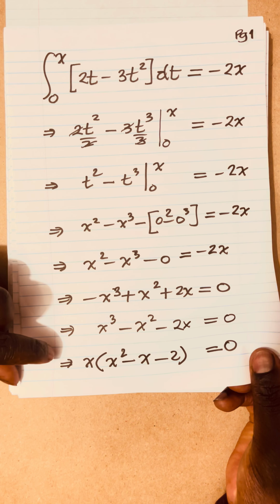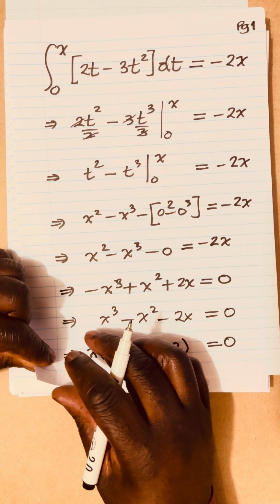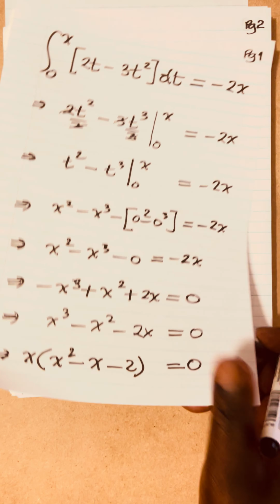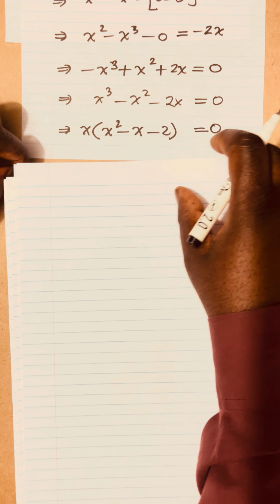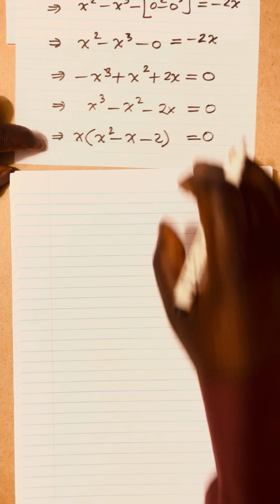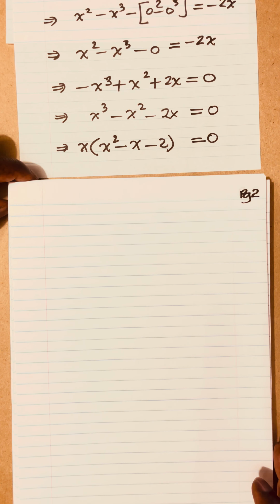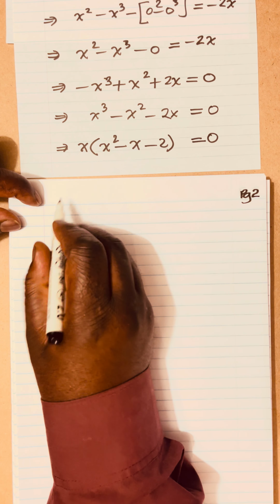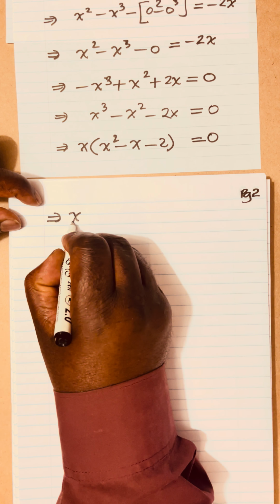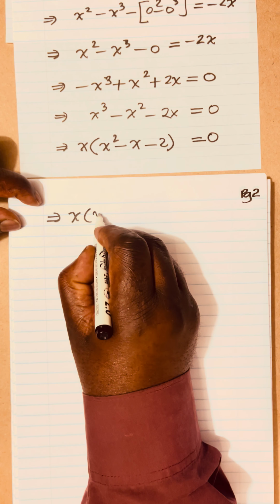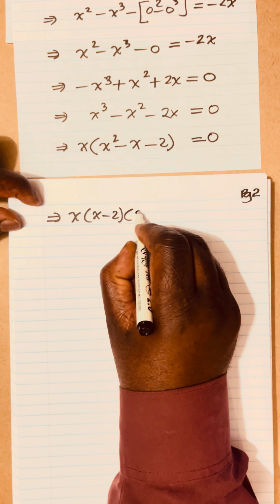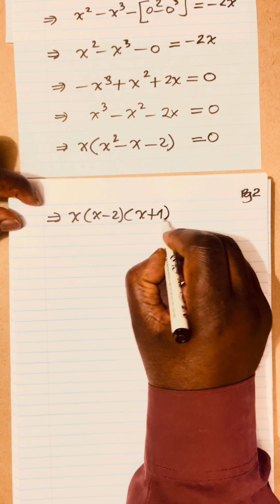Now you will allow me to, I have explained quite a lot, factorization of trinomials or quadratic functions. You allow me to move with speed here because we know how to factorize that. Please confirm this, that this is the same as x, open brackets. The factorization of that one will be x minus 2 in another bracket, x plus 1, and that is equal